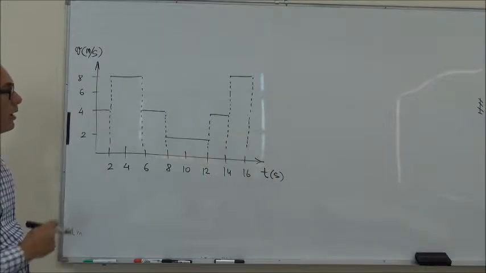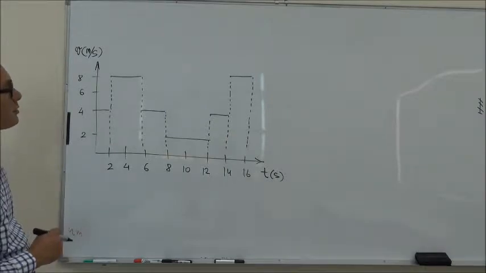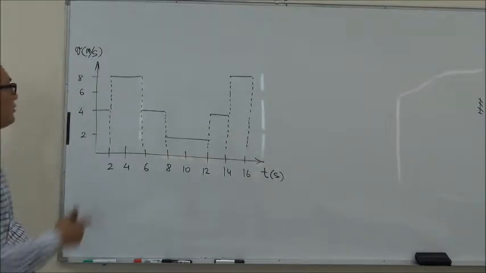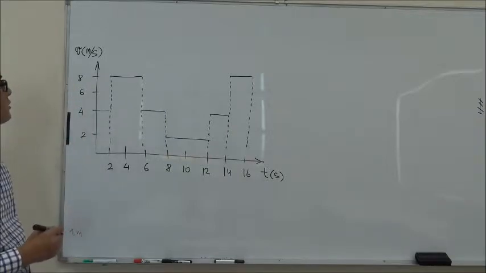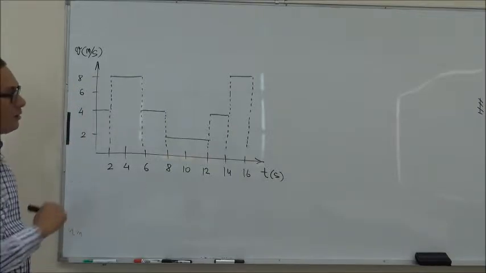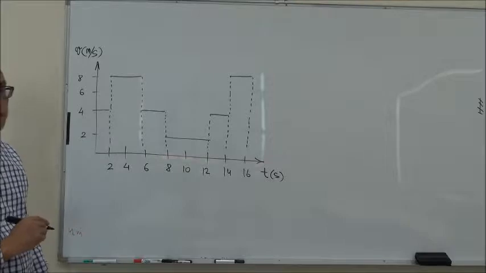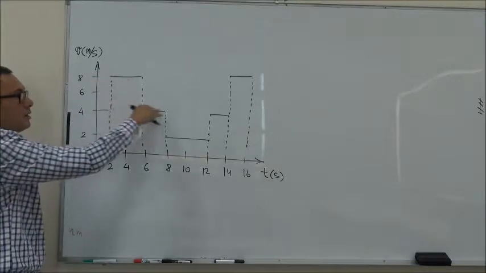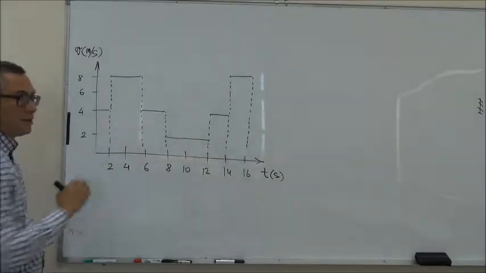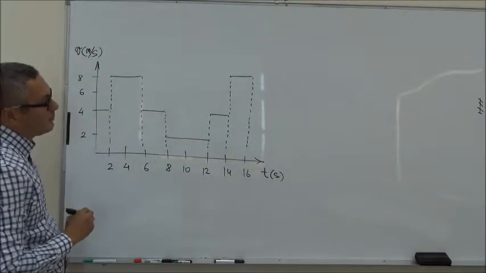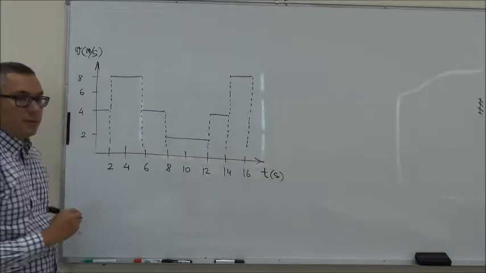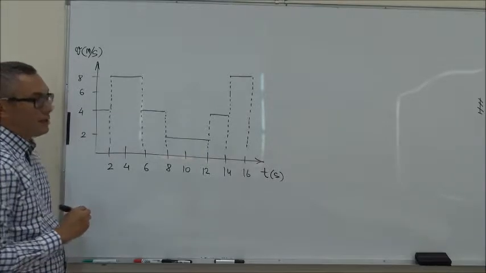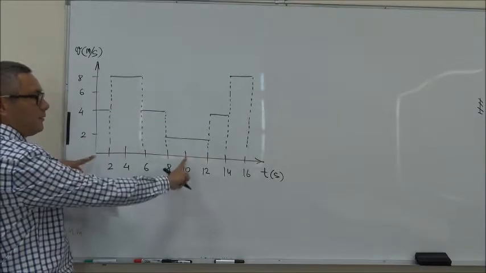Given a graph of velocity versus time for the runner. So on the y-axis I have velocity measured in meters per second, and on the x-axis I have time measured in seconds. And as you can see, the velocity of the runner was changing over the 16-second time period. In part A of the question, we need to find out how far did the runner get in the first